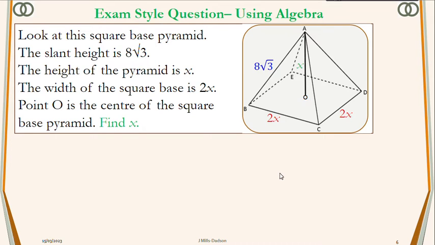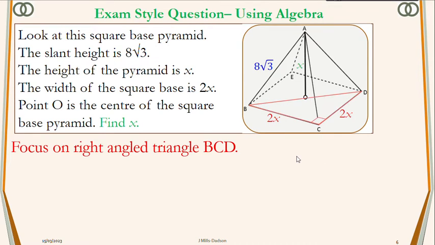So to do this, the first thing is, let's focus on right angle triangle BCD, because if you manage to work out how long this line is, we'll be able to know how long half of that line is, and use half of that line and line BO and OA and AB. That will make a right angle triangle. We can form a nice equation and then solve for x. So first, let's work out what is BD. Using Pythagoras,